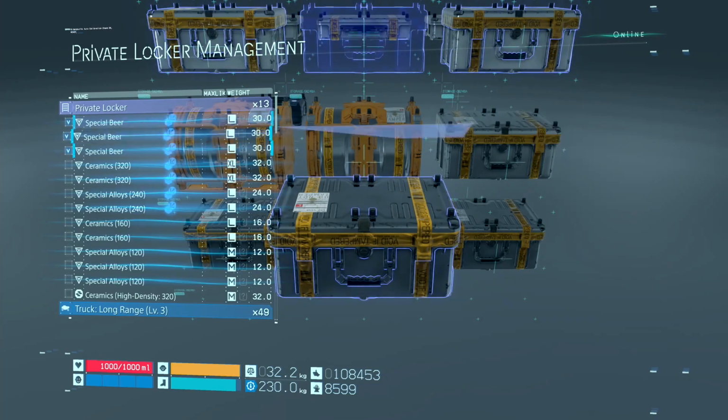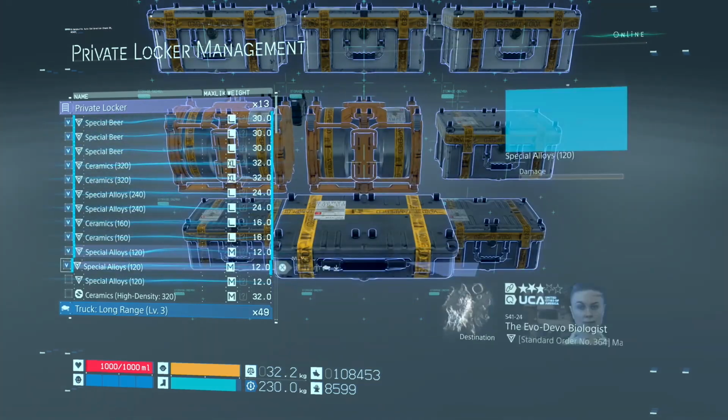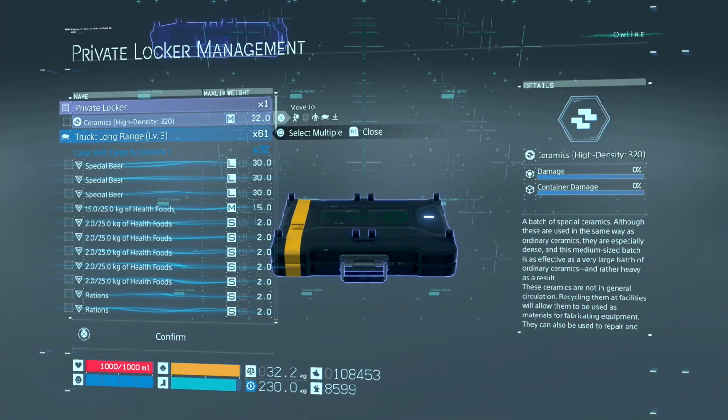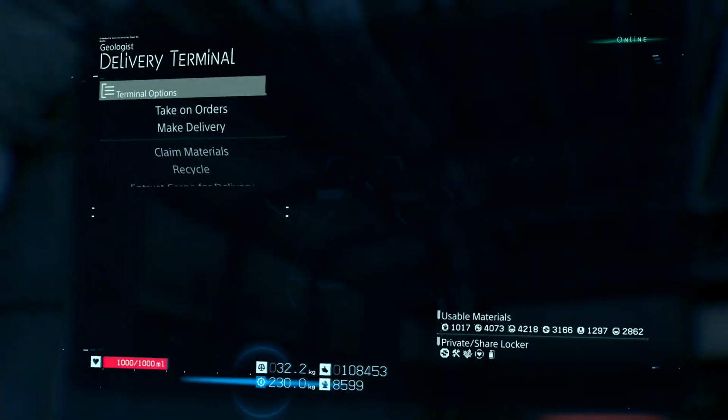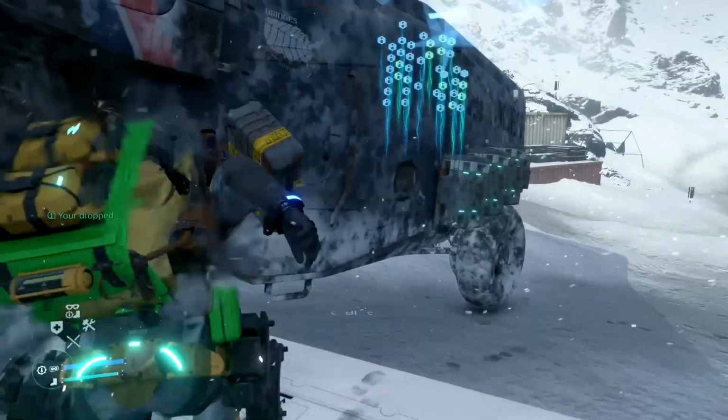Just remember, we do have to take all these orders from the private locker. Yeah, look at all this I've got in the private locker, which I need to lob in my truck. Yeah, and I've just got enough space. So they're the orders I took earlier, much earlier in the guide, and I left them there for later. So yes, once we've got these orders ready,